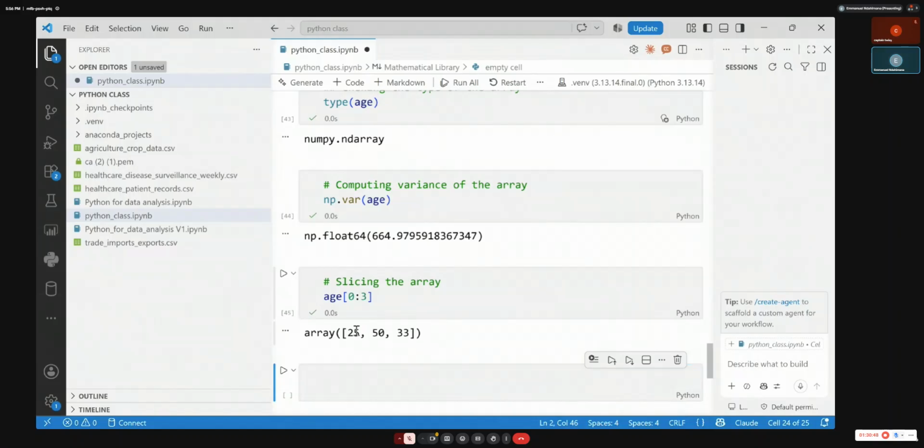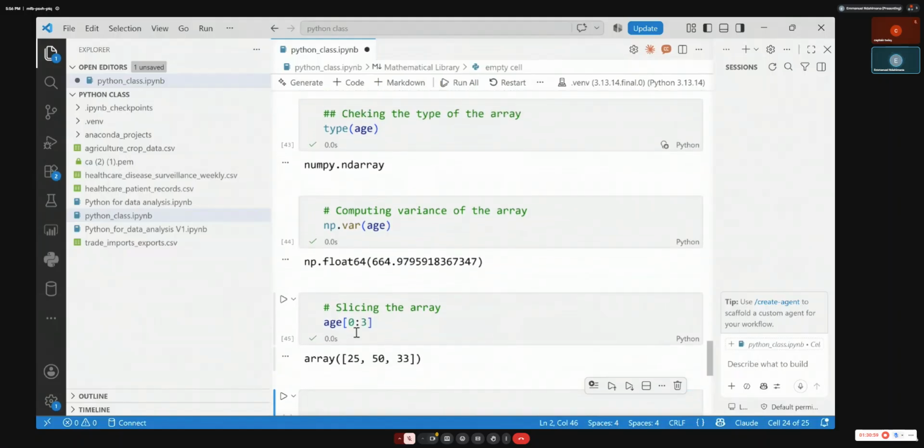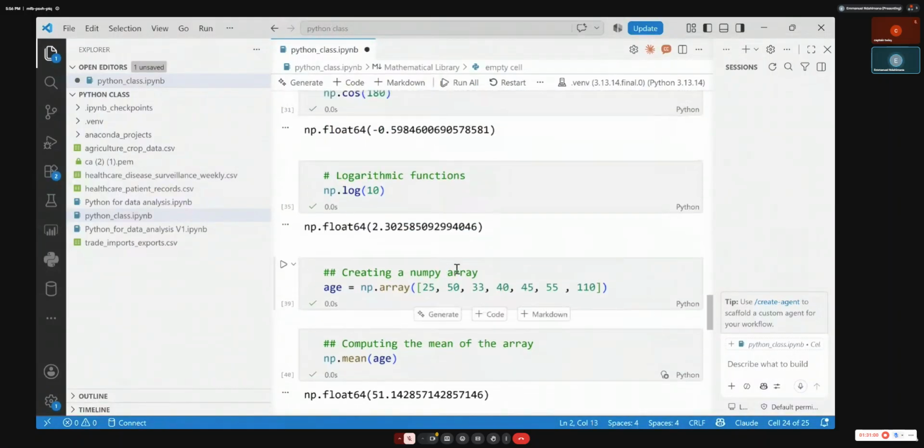And for the indexing, you need to understand how Python indexes the values. It starts from 0. If I ask you the position of this list, the 25 is on position 0. This is on position 1, this is on position 2, this is on the 3rd, 4th, and so on.